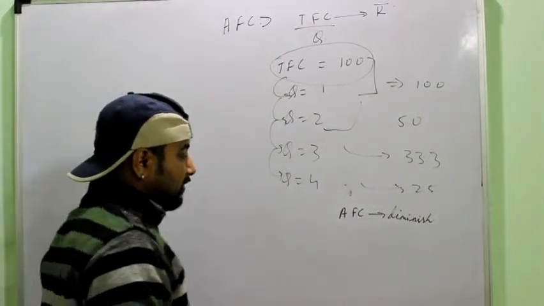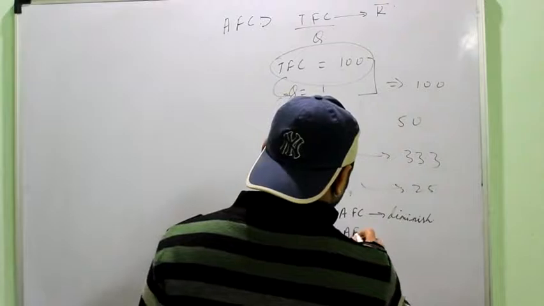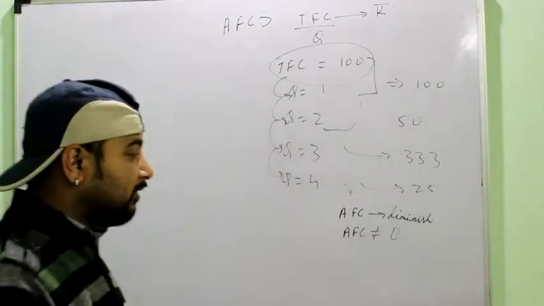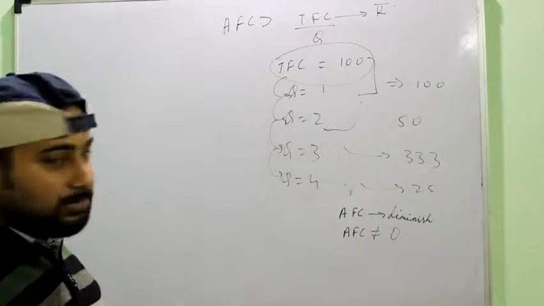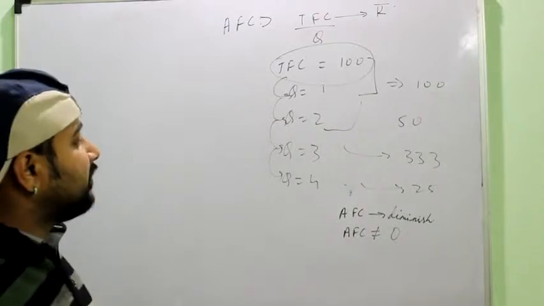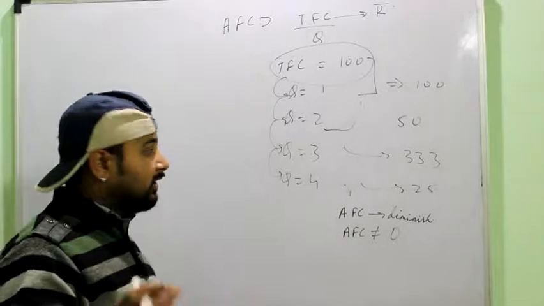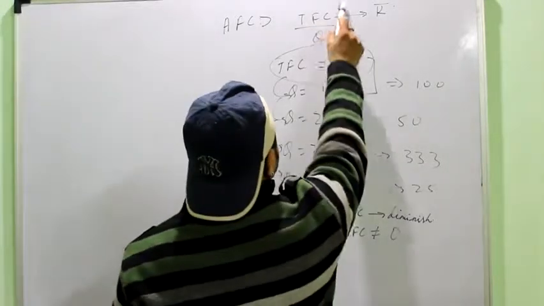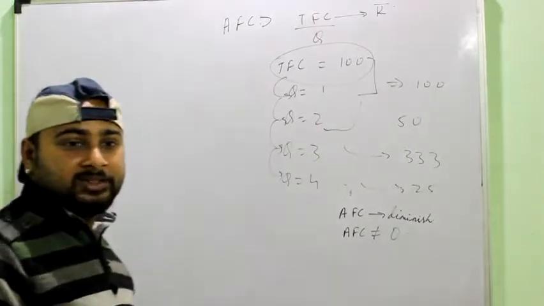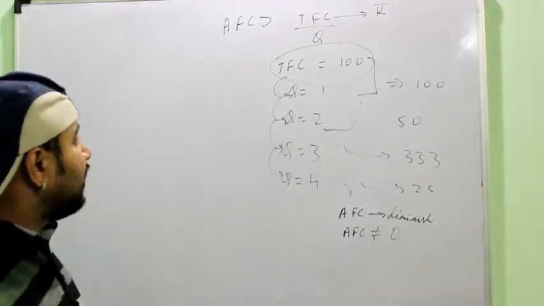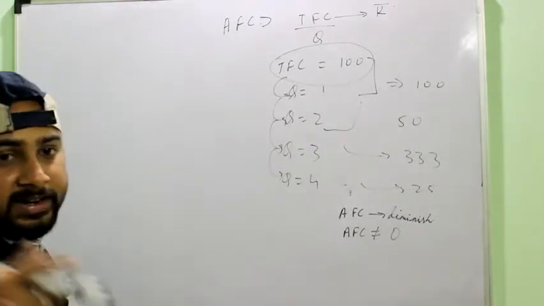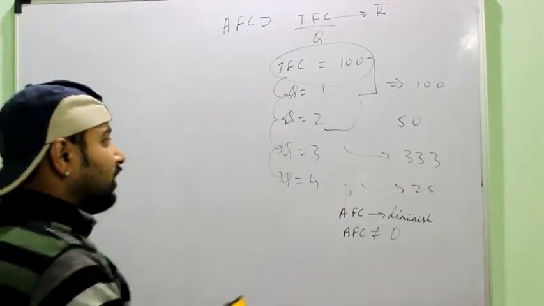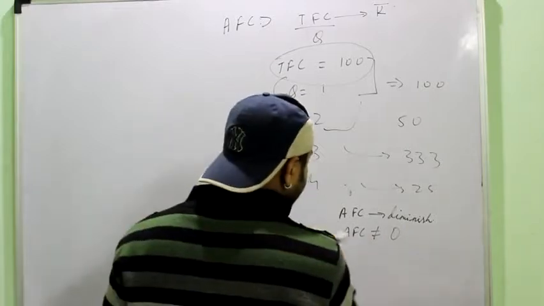But another important point, it can never be equal to 0, right? You may consider that if it keeps on decreasing, then at one point it will be 0. It's not like that. There will always be some existence of the average fixed cost, because TFC can never be 0, right? It is the fixed cost. We have already said it is an unavoidable cost. You can remember the rent of the factory which you are paying. Whether you operate it or not, you have to pay the rent.